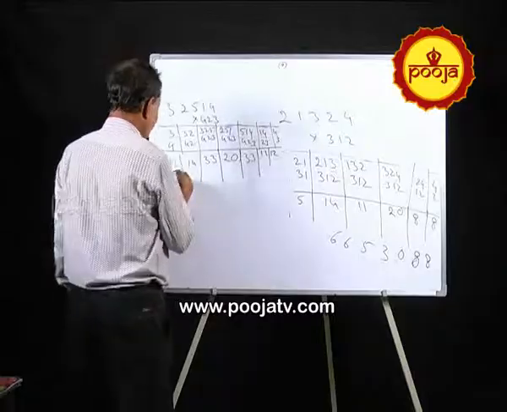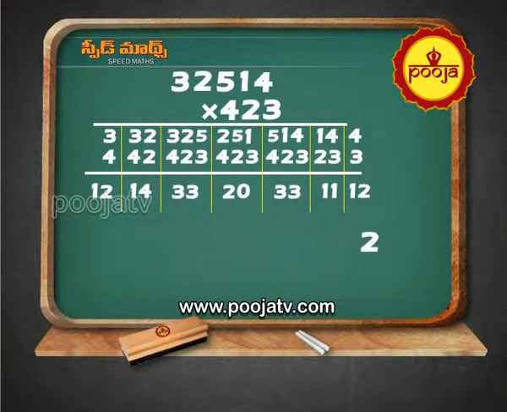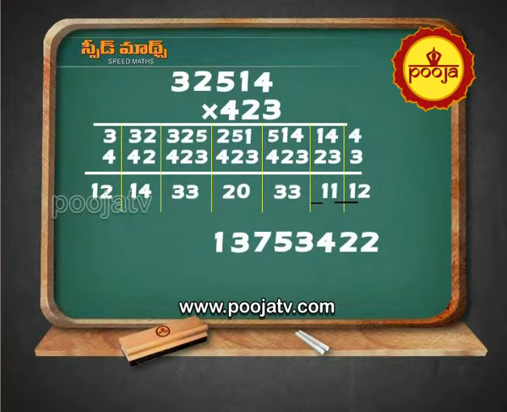Then you balance. This is nothing. 2, 1 plus 1, 2, 1 plus 3, 4, 3 plus 0, 3, 2 plus 3, 5, 3 plus 4, 7, 1 plus 2, 3, 1. See, 2, 1 plus 1, 2, 1 plus 3, 4, 3 plus 0, 3, 2 plus 3, 5, 3 plus 4, 7, 1 plus 3, 3, 1.